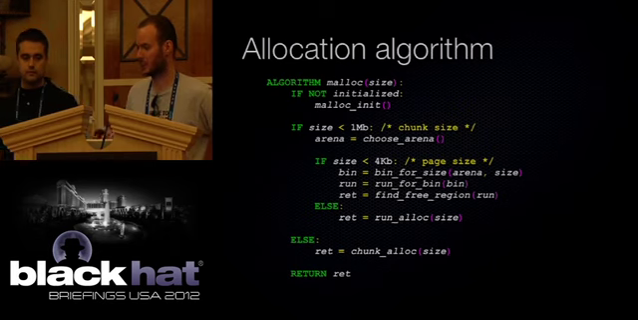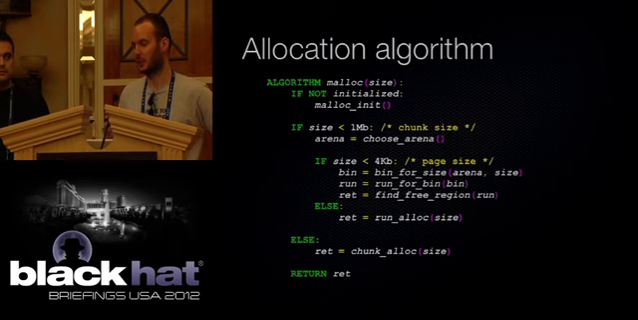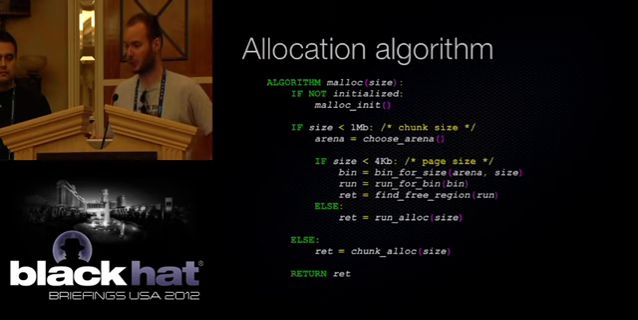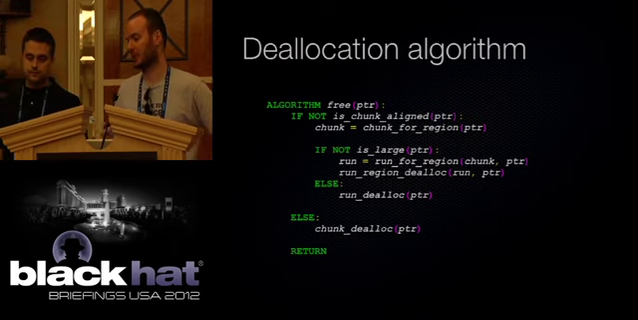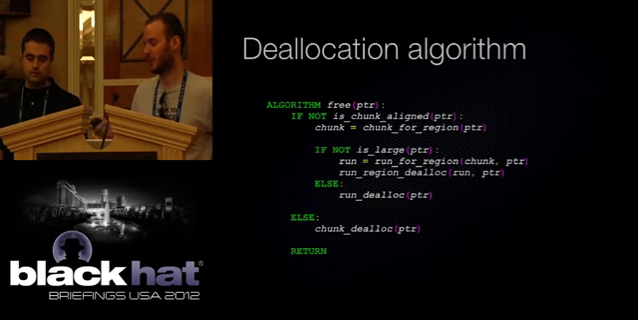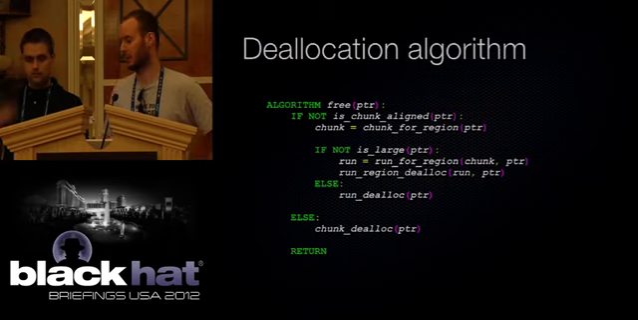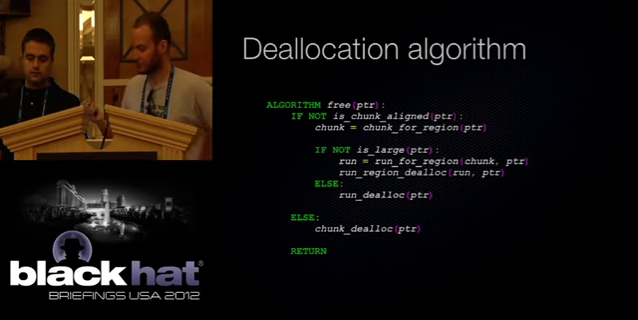The deallocation algorithm is pretty much the same. When a user calls free, the pointer passed to free is checked to see if it is aligned at an address that is a multiple of the chunk size. If this is the case, then a function is called to deallocate this chunk and remove it from the global red-black tree used by Jemalloc. Otherwise,